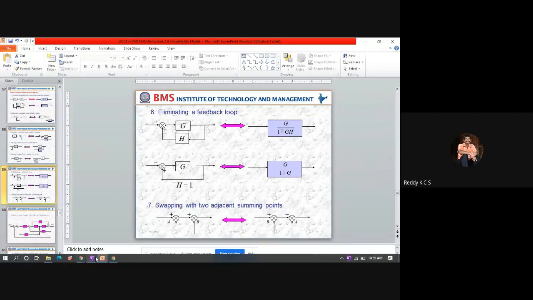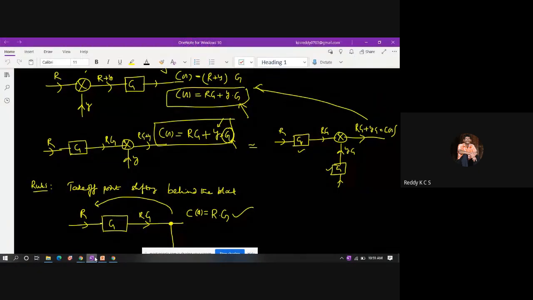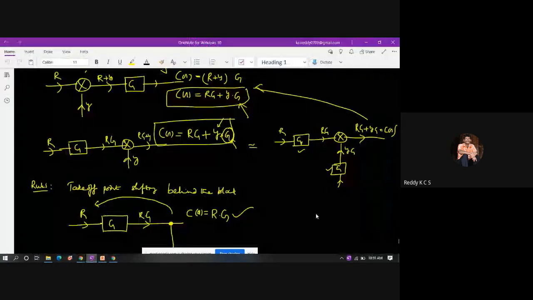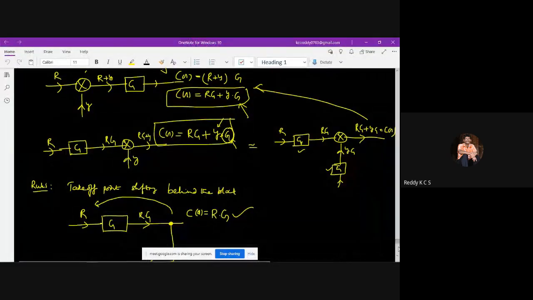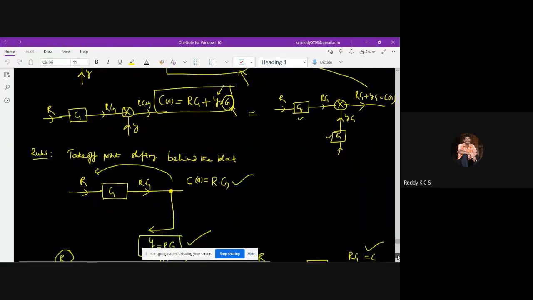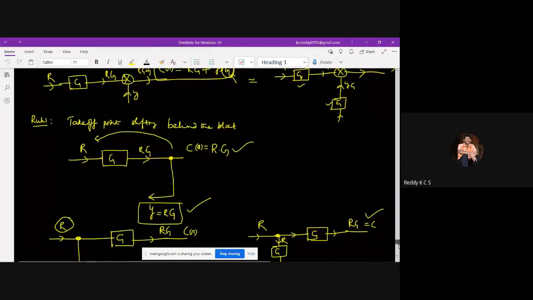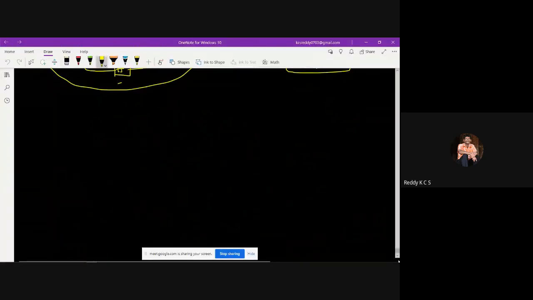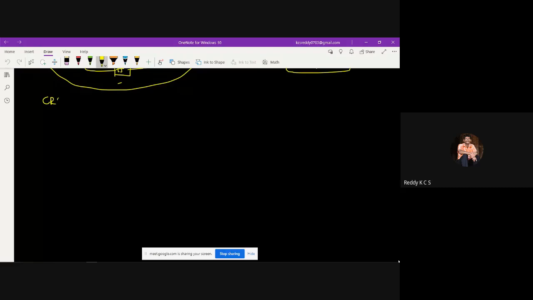In addition to these two rules, we have two more rules, which we can call critical rules. But these critical rules you need to avoid as much as possible. So why are they called critical rules? When I'm trying to employ these rules,